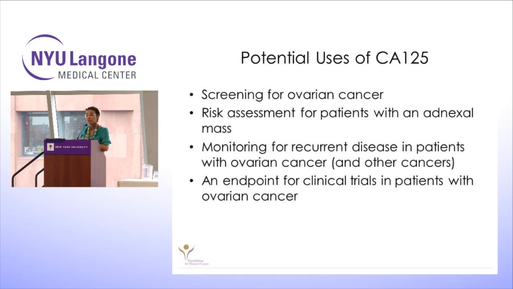We can help determine which patients who present with an ovarian mass, how many of them should be concerned. In patients who we know have ovarian cancer, we can then help guide them through the course of therapy and potentially find out sooner when their cancer recurs. And also it can be very helpful from a research standpoint in terms of clinical trial design. Is there another way for us to determine if people are recurring earlier and perhaps spare them toxicity of drug and switch them to a new agent relatively early?